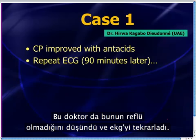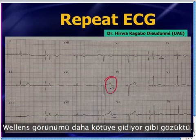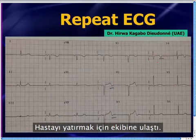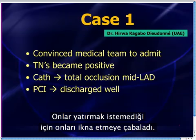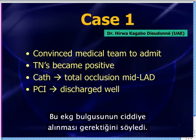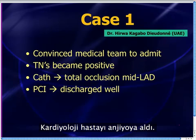And this physician didn't think it was reflux. He repeated the 12 lead in about 90 minutes or so, and the Wellens appearance seems to be getting worse. So what did he do? He contacted his local medical team to admit, and they were not convinced, so he had to actually put some effort into convincing them that this EKG abnormality needs to be taken seriously, and eventually the troponins became positive, at which point the medical team was convinced, and they get cardiology to take this patient to the cath lab, and